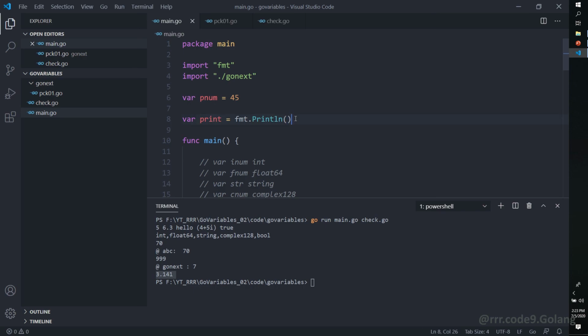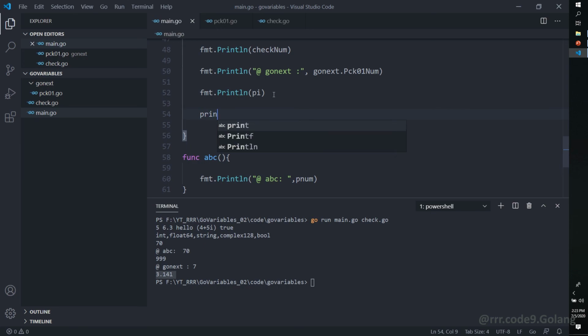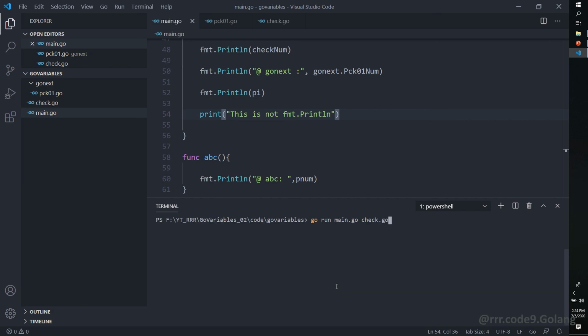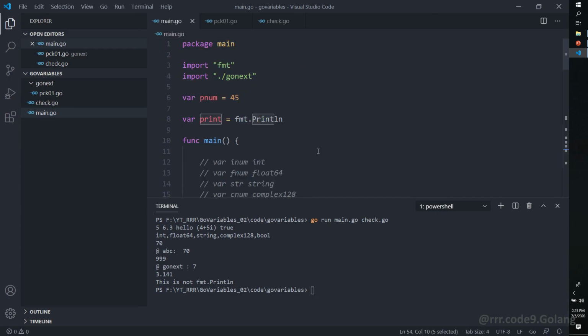So here what we have done, parentheses are not required. So fmt.println is assigned to this variable. We can just write print. Let's run the code and see the output. So here you can see this print is working.